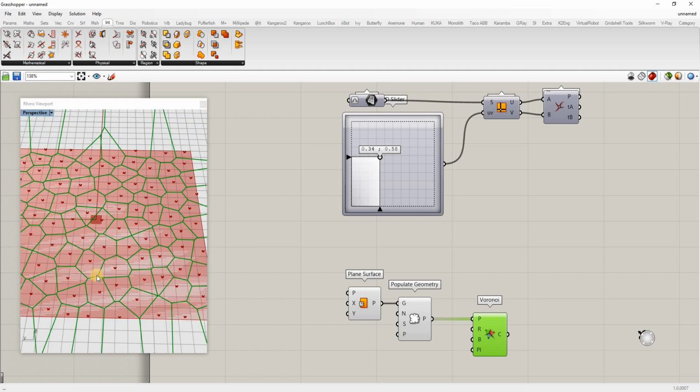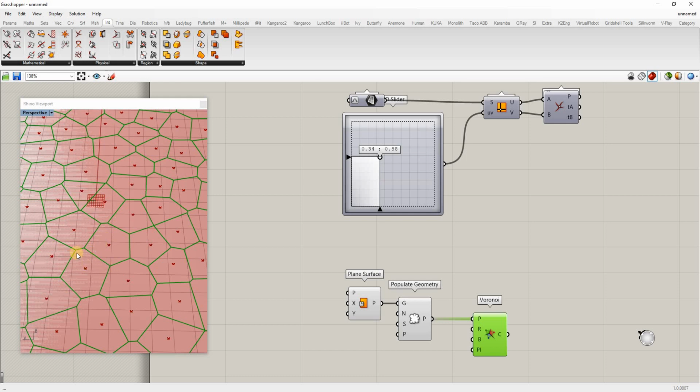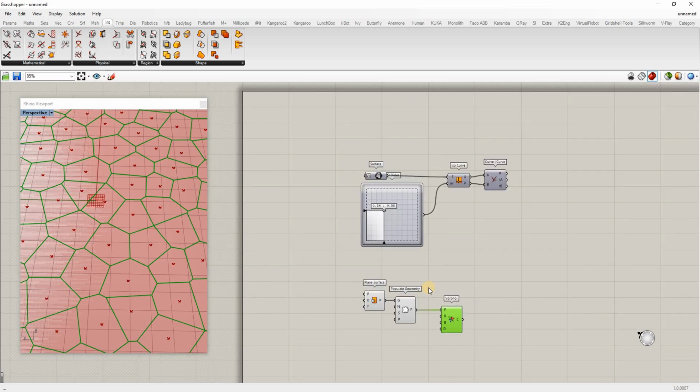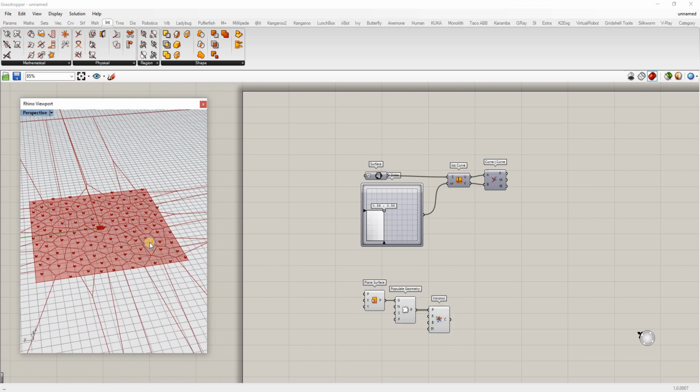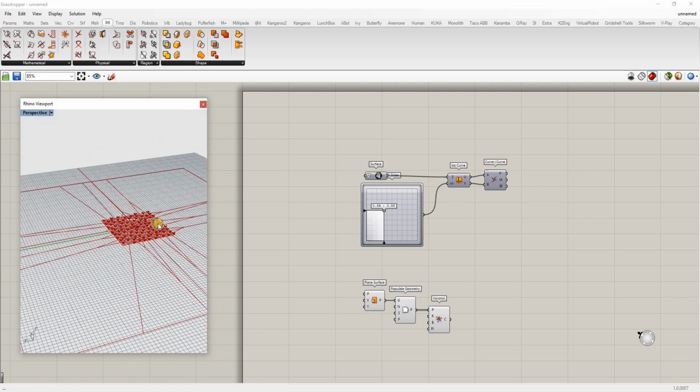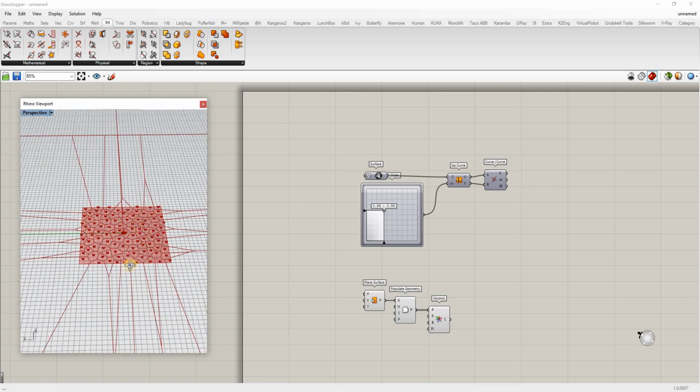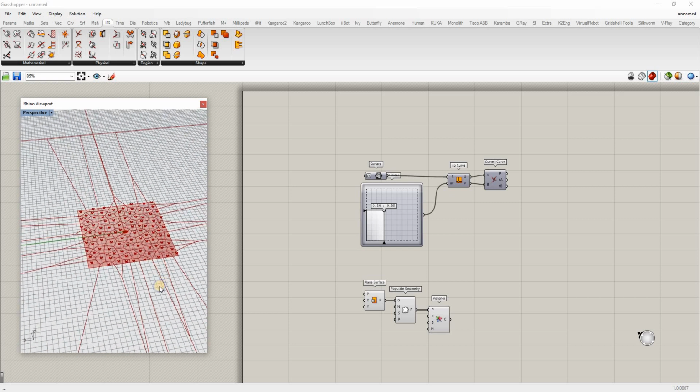So these cells are not orthogonal to each other because these points are not. And basically there's a line between these two points about the halfway point, and where those intersect creates that cell. So this is useful for any number of things, but it's used a lot in parametric design. I would say it's overused in parametric design quite a bit, but it's a good diagram to show off the parameterization of the surface because it works in two ways. In this case, it's working on the flat plane of that 2D surface,